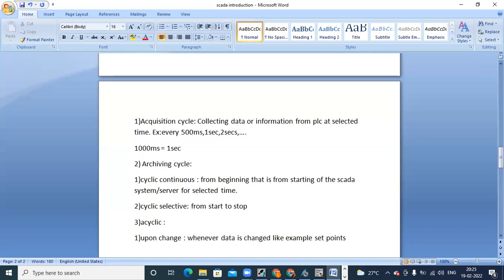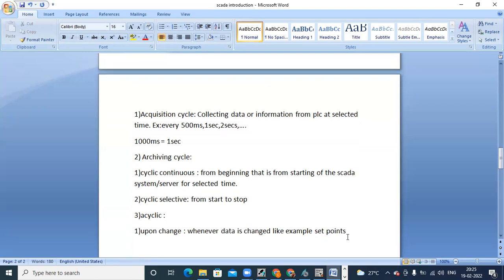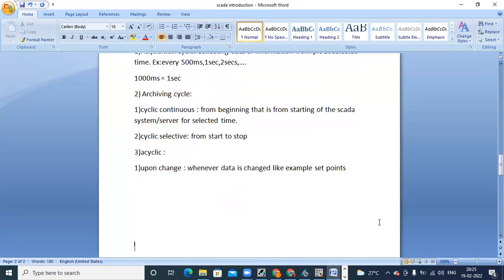That's my set point. After some time, I want to increase or reduce the RPM, so I can change that set point, and I can give that command through SCADA also. I want to store that information: when, the date and time, that set point was changed.